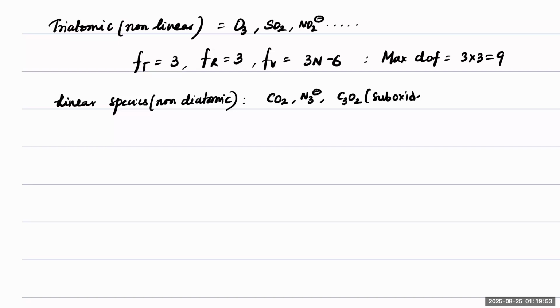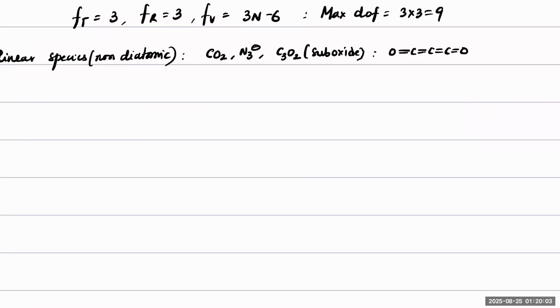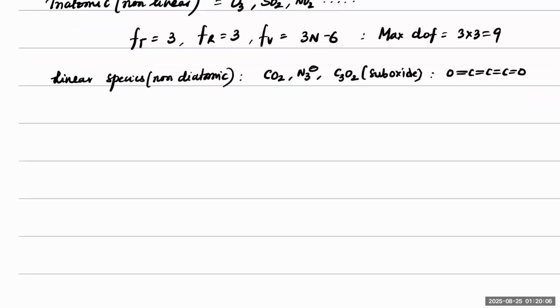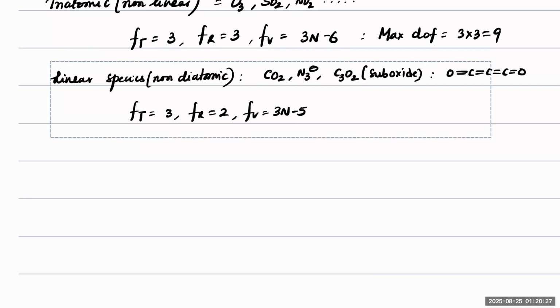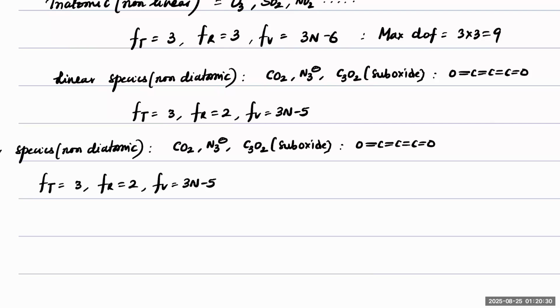Suboxide structure will be like this: O, C double bond, C double bond, C double bond, O. It is completely linear molecule. It's a linear molecule. So for these cases, now translational degrees of freedom will be 3, rotational will be 2, but vibrational will be 3n minus 5. Okay, because this total contributes to 5. So this will be the vibrational degrees of freedom. Clear? This is for linear, and now for any non-linear,